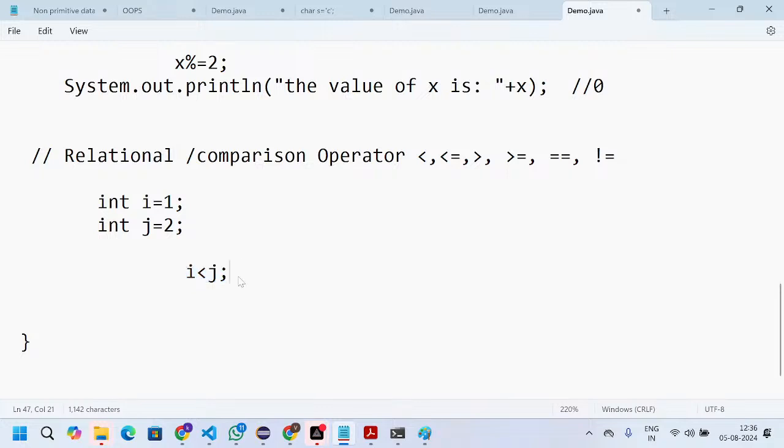Valid condition, so it will return a true value. Now I will store this in a result variable, and this result variable's data type is int.